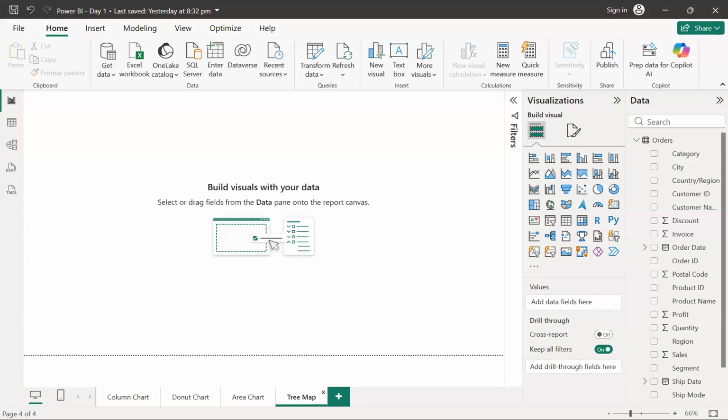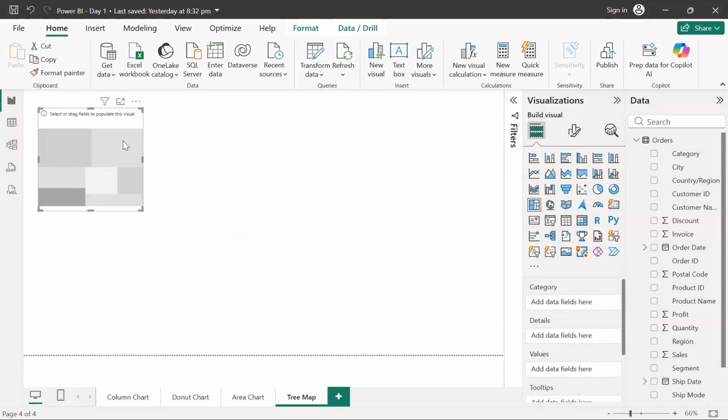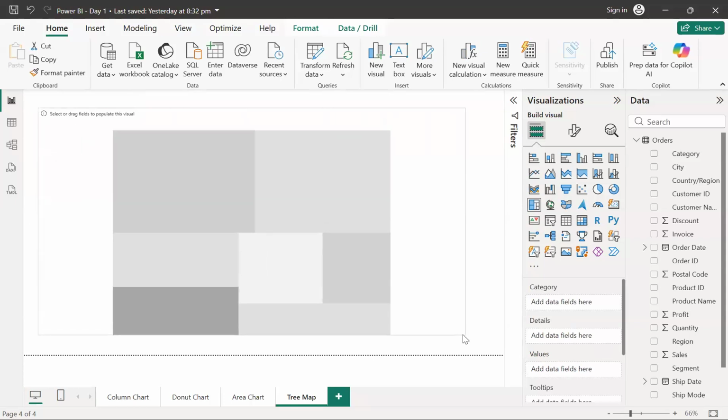So guys, there's a chart called tree map over here. If you look around, just before the map charts, the two different types of map charts, we have this tree map over here. So you can select that tree map. Now in a tree map, guys, I can extend it. If you can see the visual right now, there are different boxes which you can see.